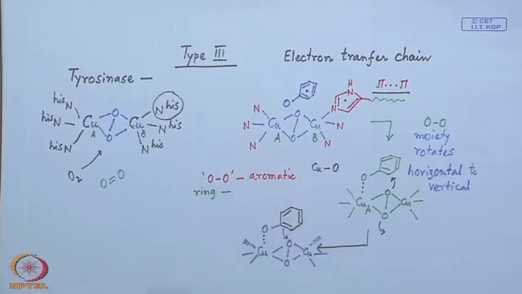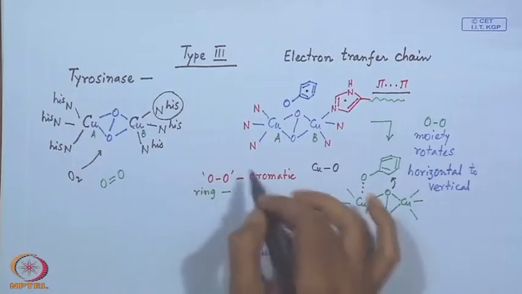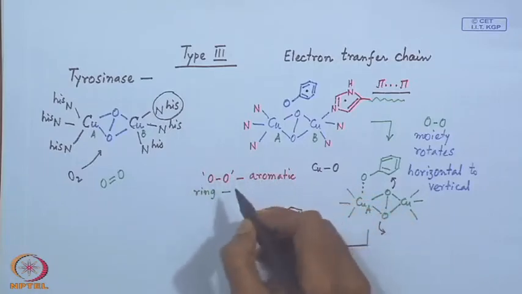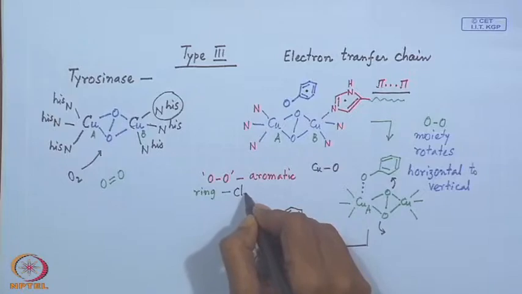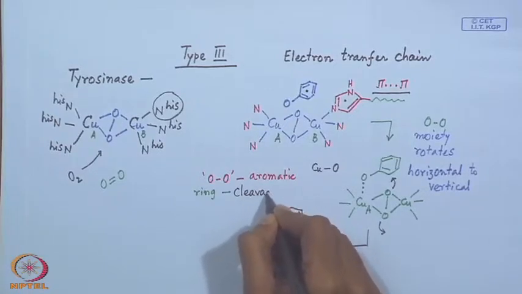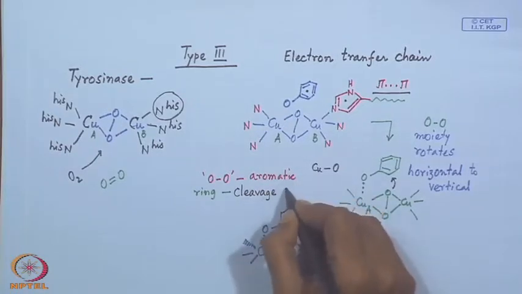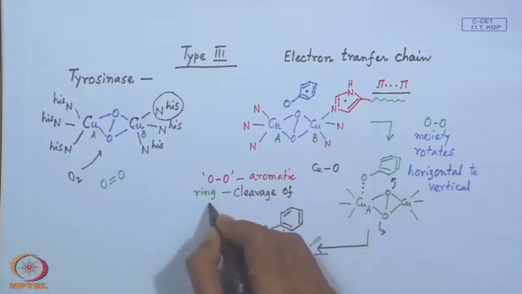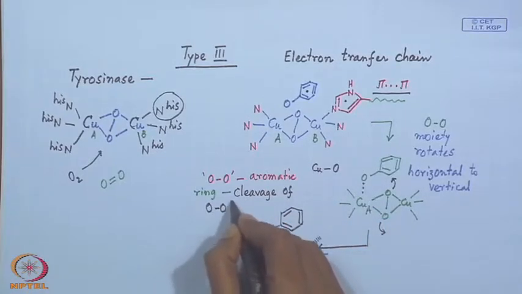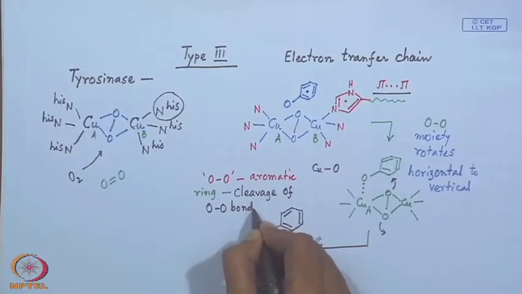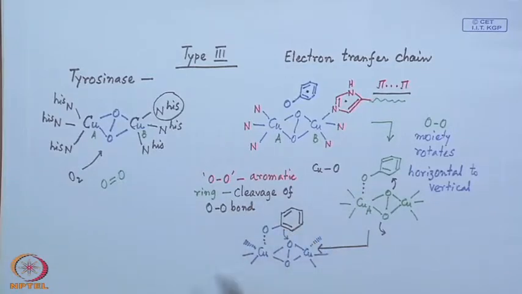and something else is also happening at the same time. It is the cleavage of your OO bond. This is also important. So, attack of this OO moiety on the aromatic ring and cleavage of the OO bond. So, that basically gives us something which is also very interesting to know there,